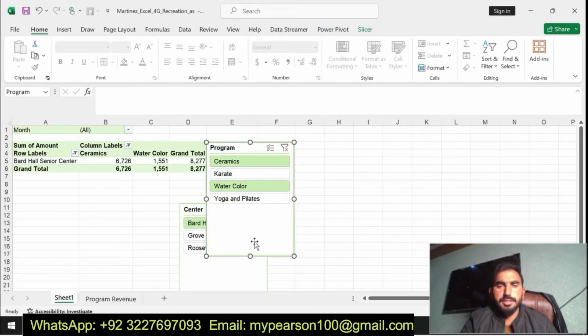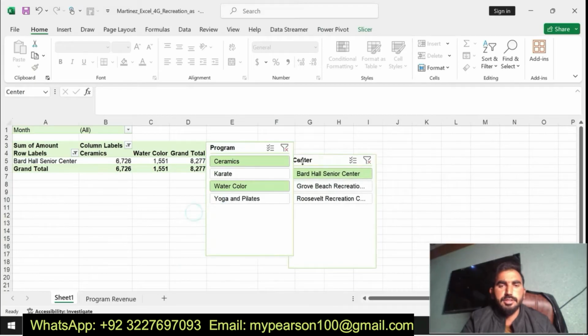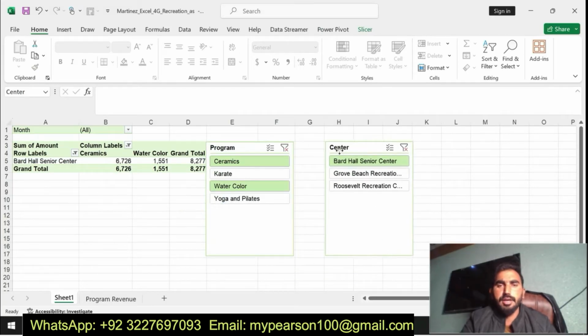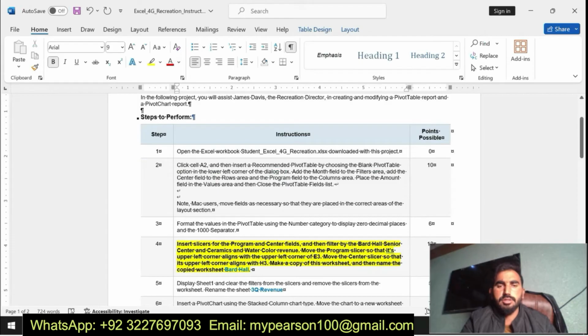Okay. Here is our step number 4. Rearrangement of the slicers. Here is our center slicer and here is our program slicer. Okay, done. Now I have done the question step number 4